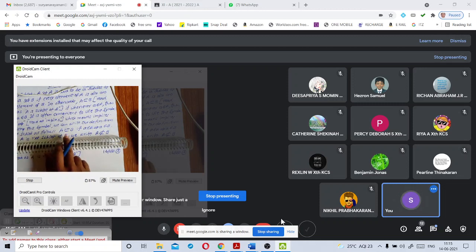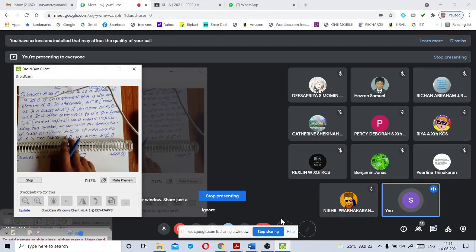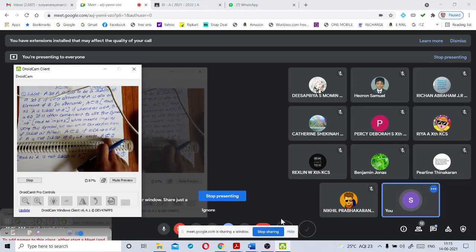If every element of set A is also an element of set B, then A is called a subset of B. A is a subset of B. If this condition is not satisfied, then we say that A is not a subset of B. This is the symbol to denote A is not a subset of B. And next point, for example,